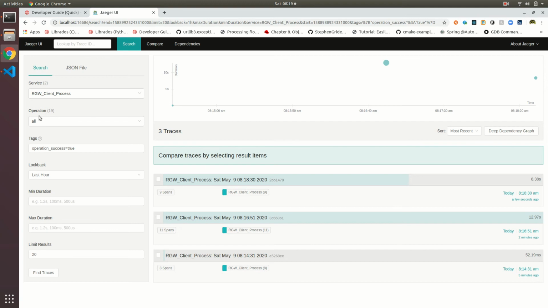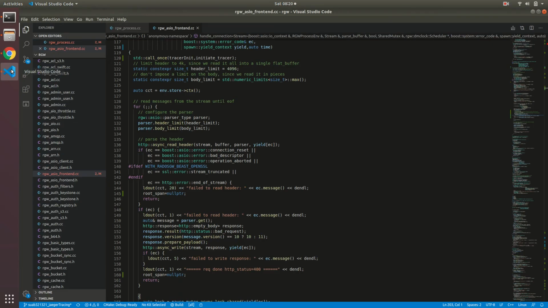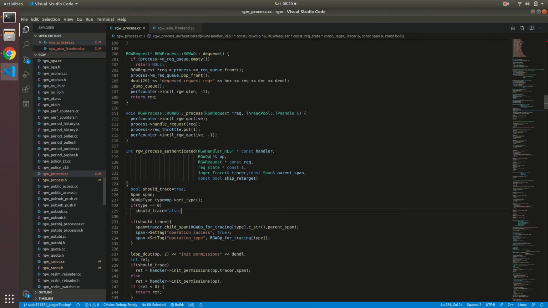So the developer may be confused about which span he wants to see. For example, if a developer wants to see the operation of listing buckets, I need to give one more tag, and this will be operation type, and its value will be from this section.